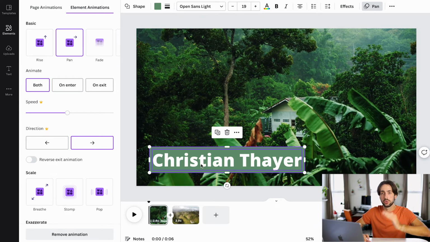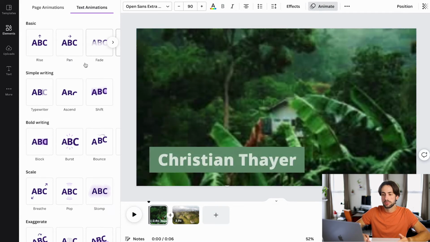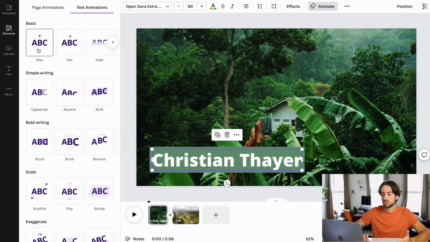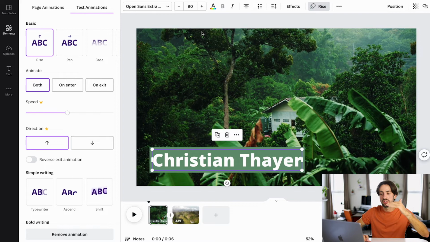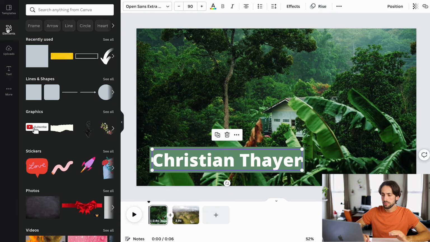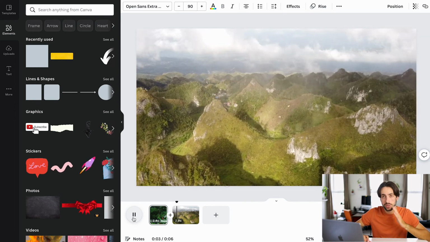So you also have to do this for the text as well. So I clicked the text. I was still in the animate tab, so that is why this popped up. And I'm just going to go with this. It gives it a little bit of motion with the rectangle coming in from the side and then my name coming in from the top. So if we go back and we want to see what this looks like, look at that. And then it disappears on its own at the end of the clip.